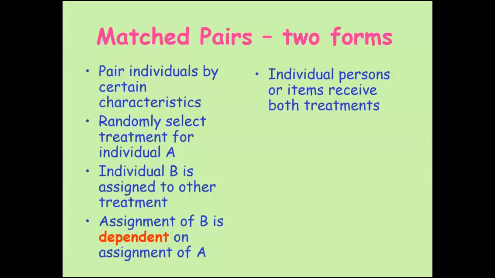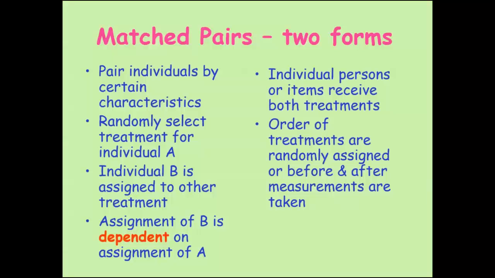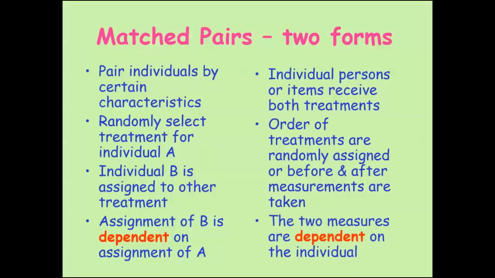Or the second characteristic is that individual persons or items receive both treatments, and the order of the treatments is randomly assigned, and before and after measurements are taken. Okay, so the two measures are dependent on the individual. In other words, in the second type, the same person gets both treatments, and either it's a before